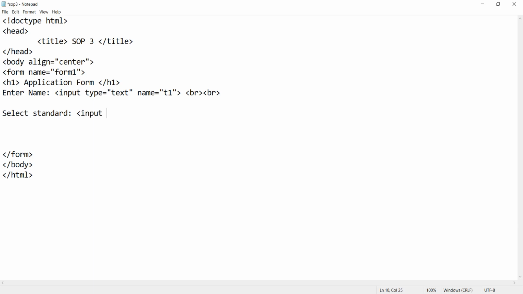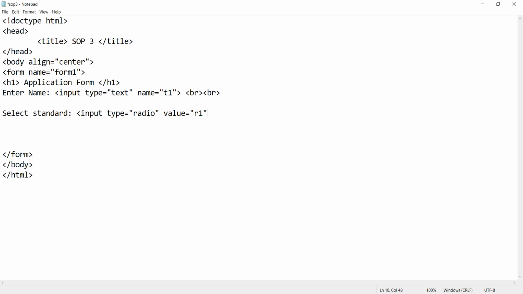In case of multiple selections there are check boxes, but now we want only single selection, so we will be using radio buttons. For that, to include the radio buttons, which value we should include in a type attribute, that is radio. Okay, input type is equal to radio. And after that there is one more important attribute of a radio, that is value. I will explain the purpose of a value.